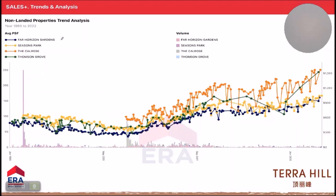Okay. So from what you can see over here, the orange color and the green color one is the freehold. Okay, this one freehold and orange. Newer, 2007 completed. From the chart you can see the Seasons Park and the Far Horizon Garden, which is the